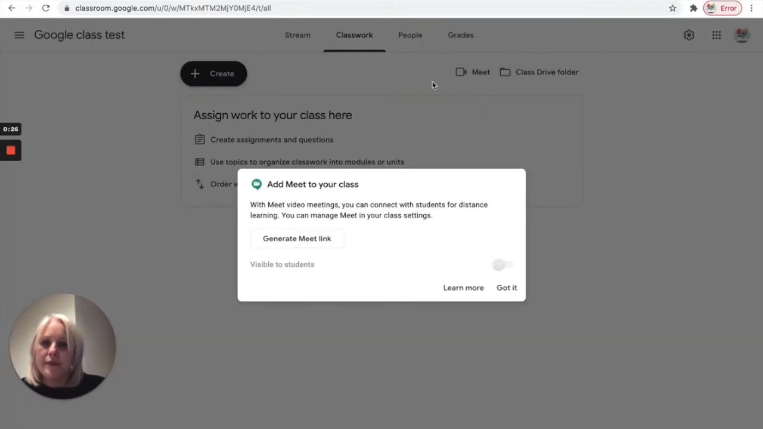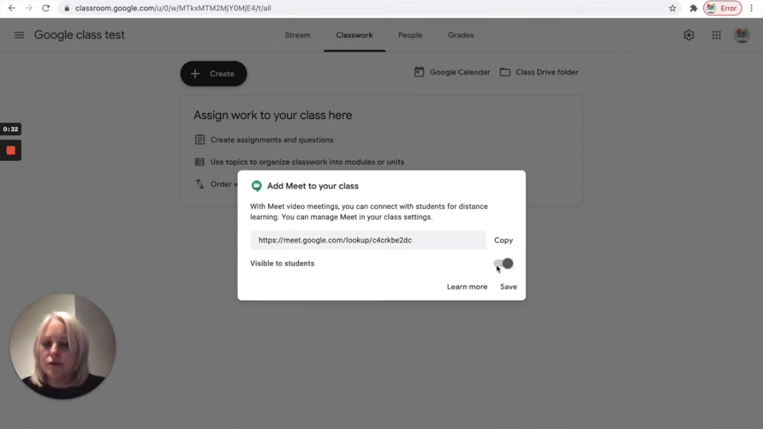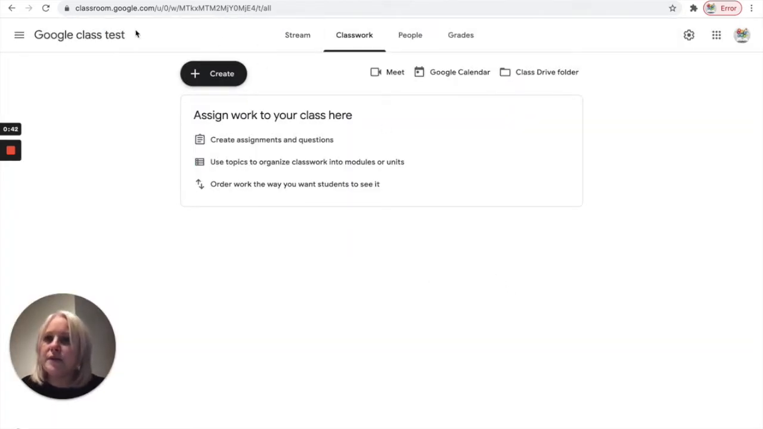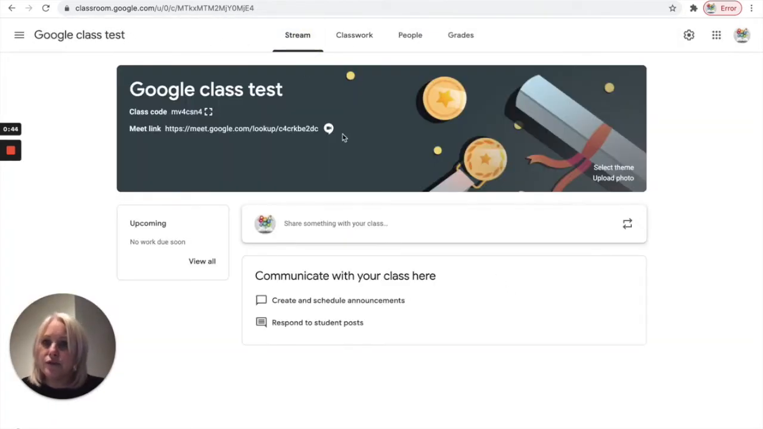button here. That will then generate the Meet link and I can turn it on and off, make it visible to students. I can also copy that link if I want to and put it in as an assignment maybe, and I can press save. Like I said, there's a couple of different ways you can do this. If you click on stream, you'll find that the Meet link is now up here in the top heading because